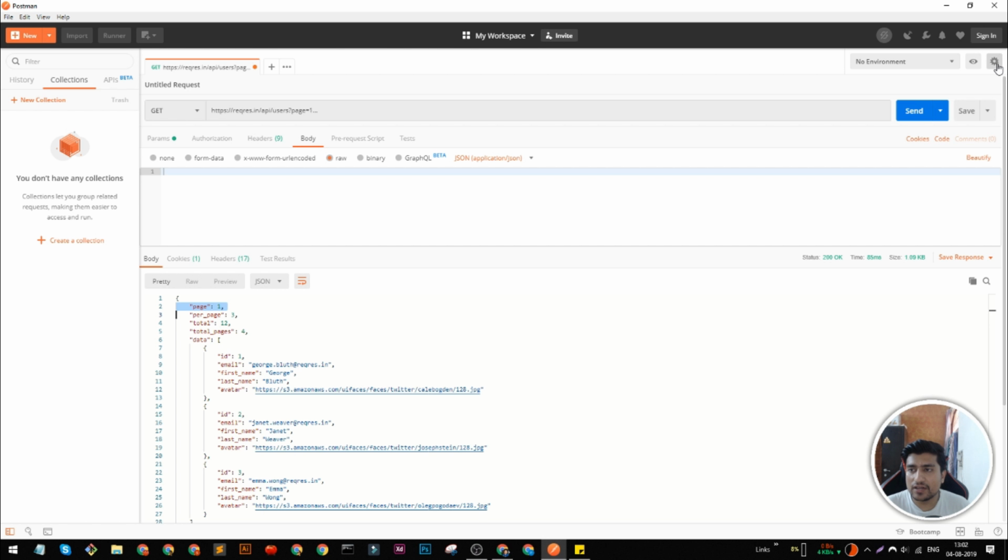Another important thing that you can do is sign in, so that you can save whatever collection you are creating in Postman. It's totally free, and you can tweet about it. These are notifications especially, and this is a setting.